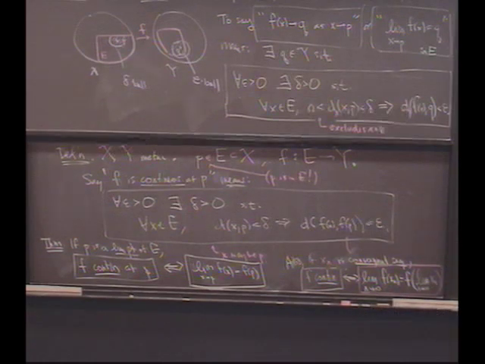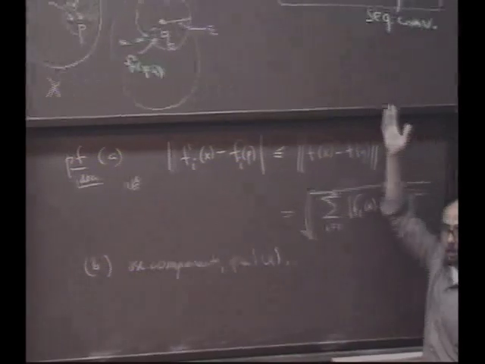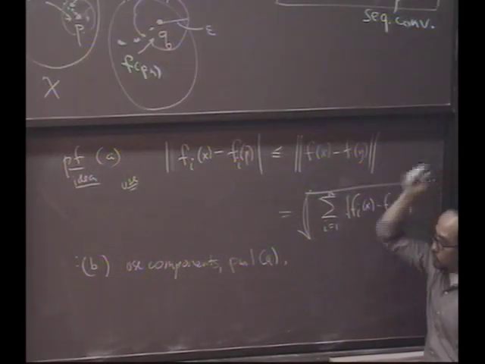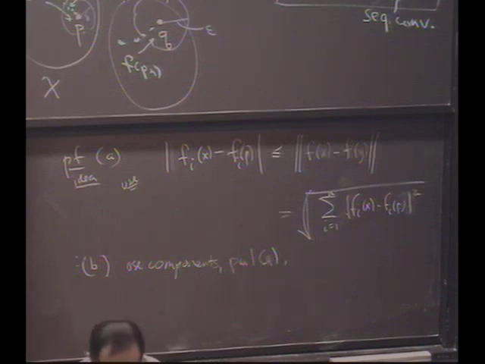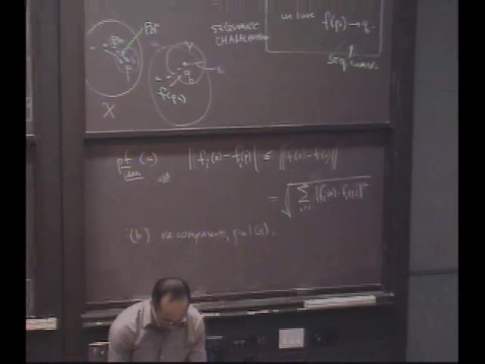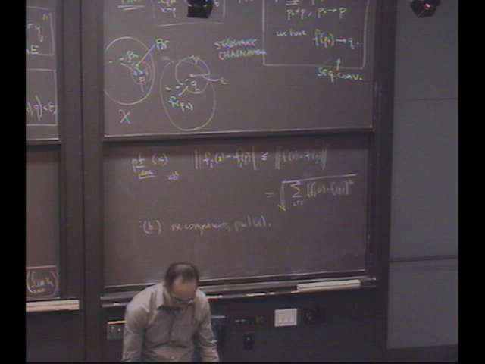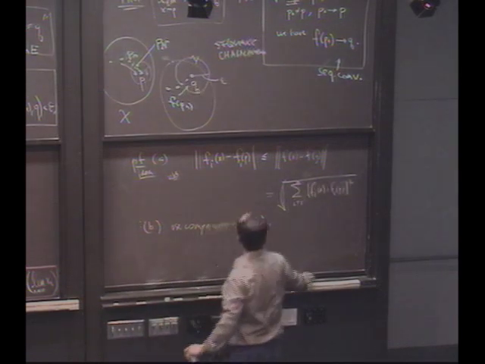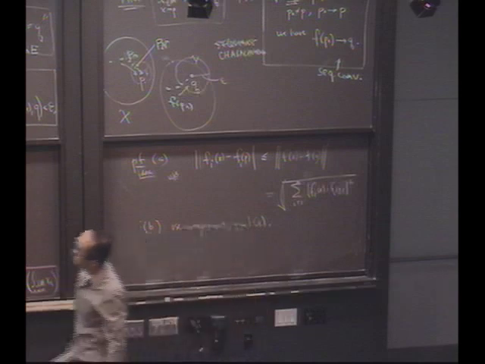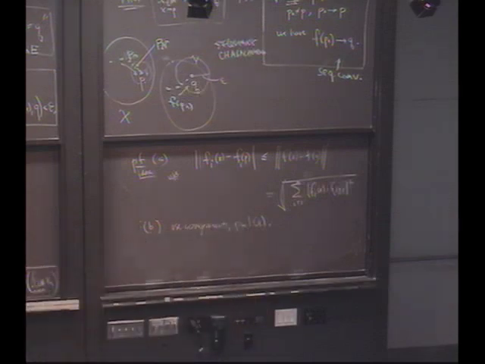We have a characterization involving sequences, which we already understand. Turns out there's still a third characterization of continuity. And this one is perhaps not at all obvious. But I will describe it now, and then we'll try